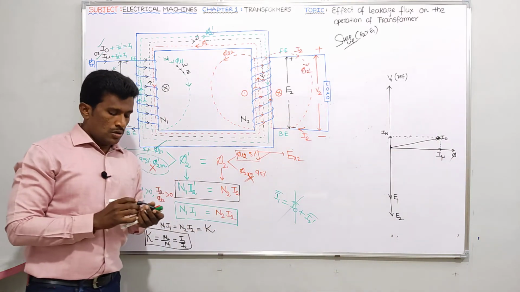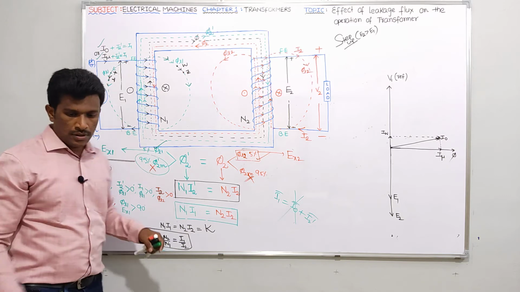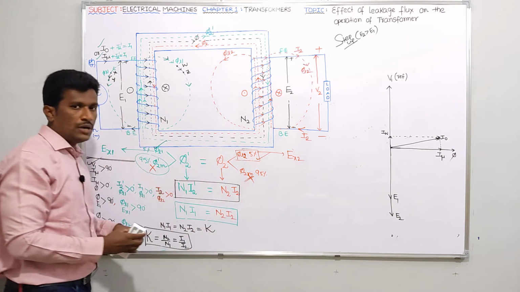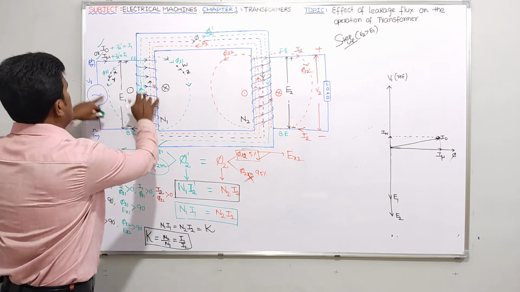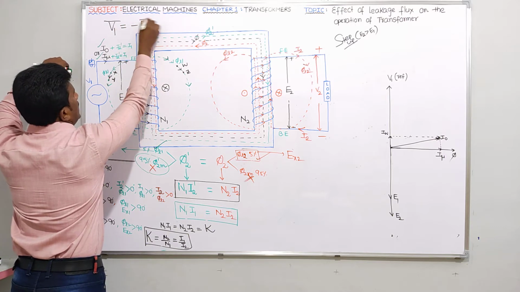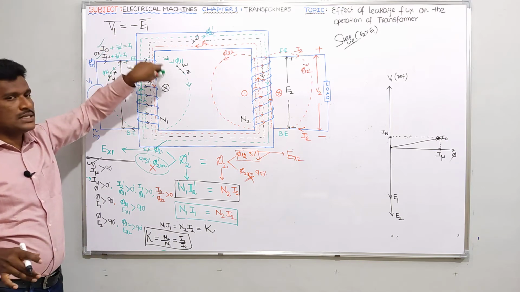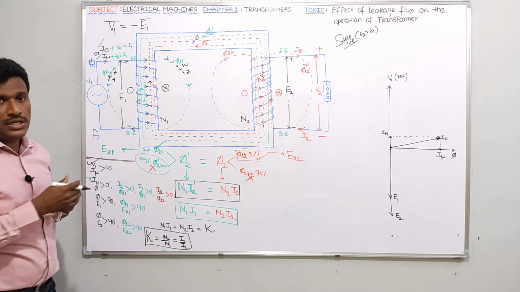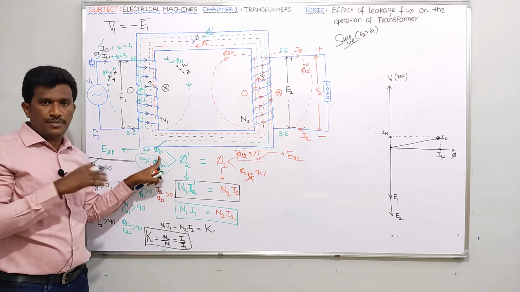Okay. Now let me ask one question here. I think I can erase this portion. Otherwise, for understanding, if you want me to keep it, I'll keep it like this, no problem. See, guys, on the primary side ideally V1 bar equals minus E1 bar, that everybody knows. But here we are not discussing the ideal case. We are discussing the effect of leakage flux on the operation of the transformer. If you include the effect of leakage flux, I told you here pi L1 is the leakage flux in the primary side.